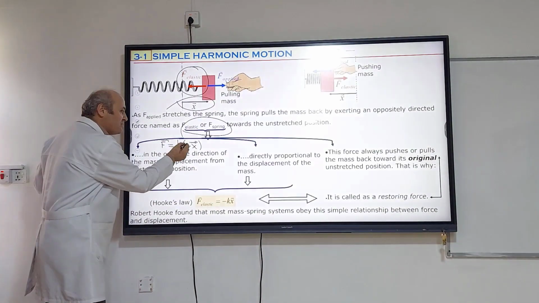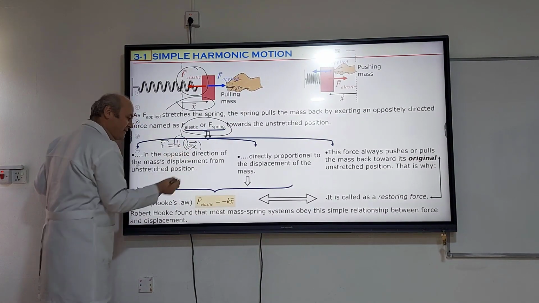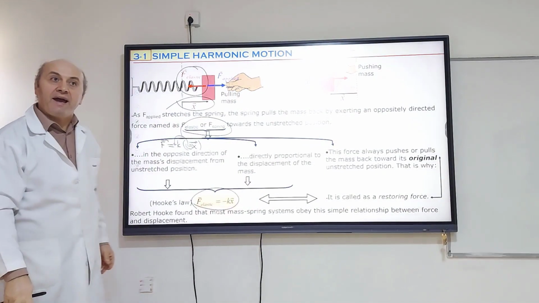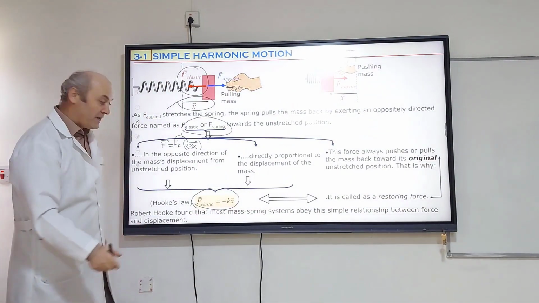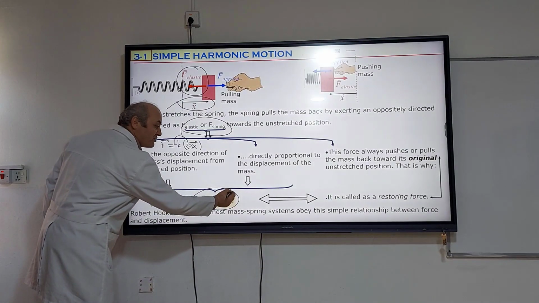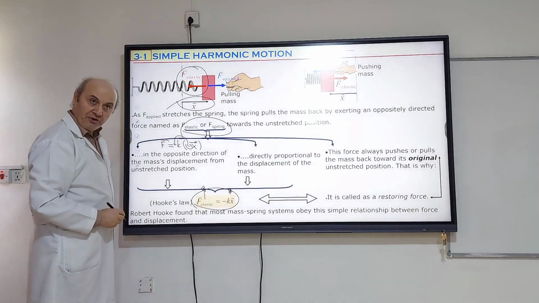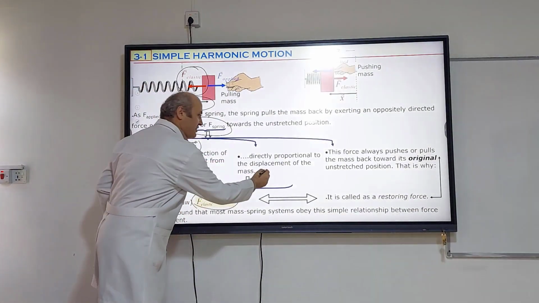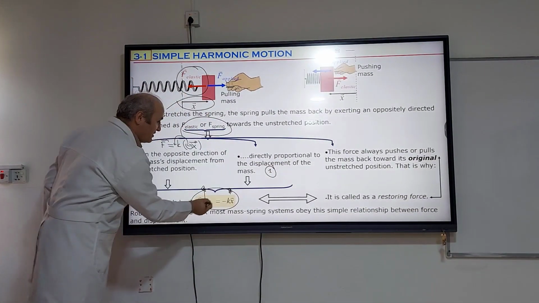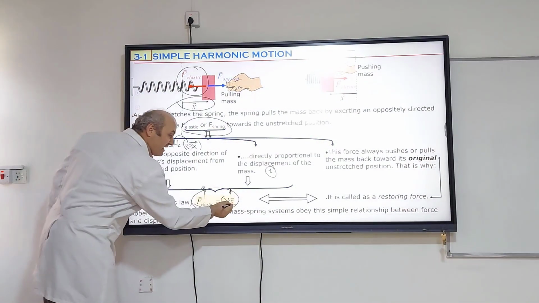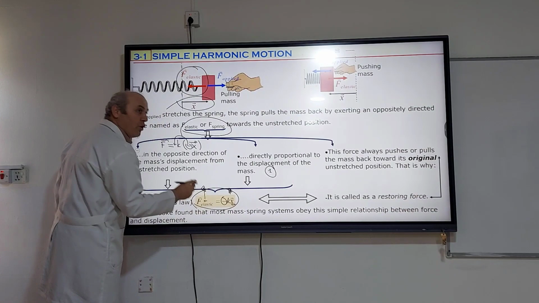We can take this negative from here and put it in here, and we get the equation for the elastic force: negative kx. This equation tells you that as x increases in magnitude, the elastic force also increases in magnitude. And this negative sign says that the direction of x and the direction of the elastic force are always